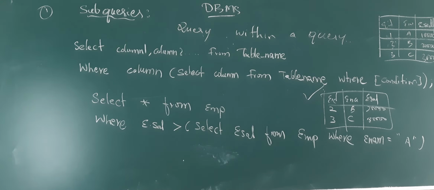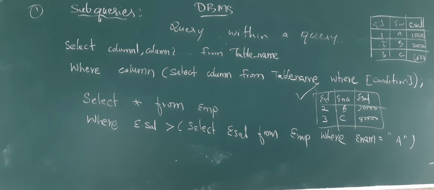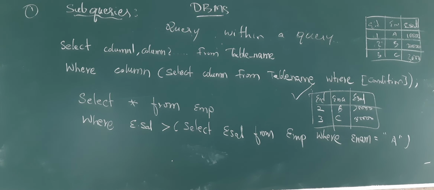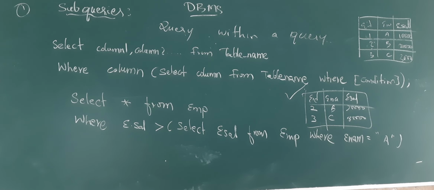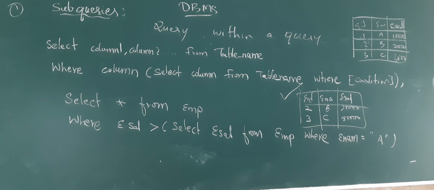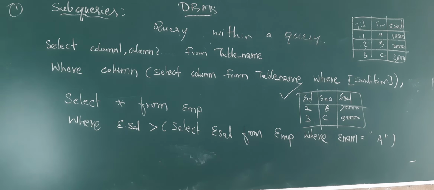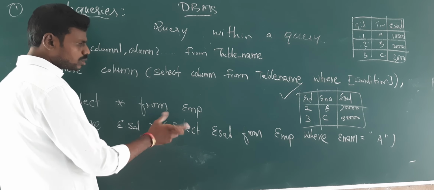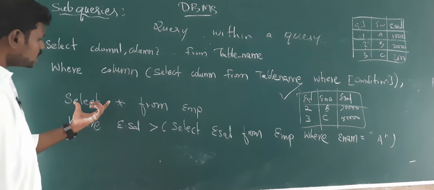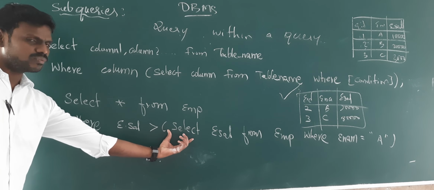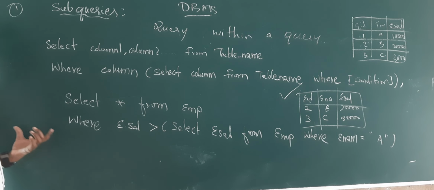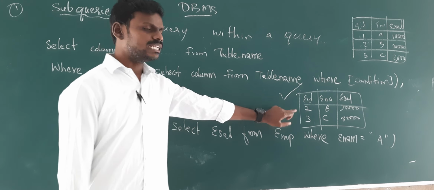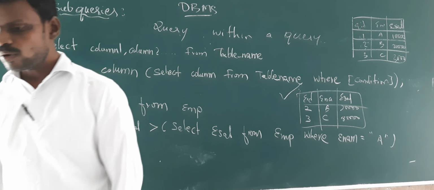We will be using subqueries in order to get the result. I hope this particular topic is clear to you people. Why? Because there is nothing to understand in a complicated manner. You just execute the innermost query first, and whatever result we get, you give as the input to your outer statement, and the outer select statement will consider that and produce the output, as we have done in this particular case. I hope it is clear to you people.